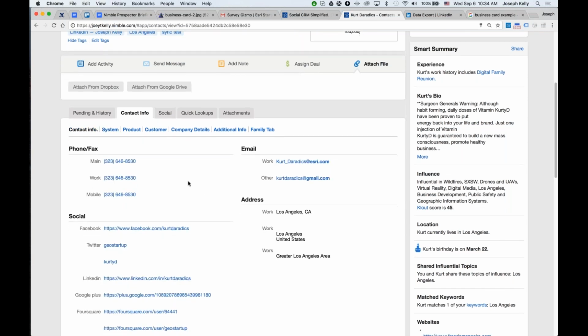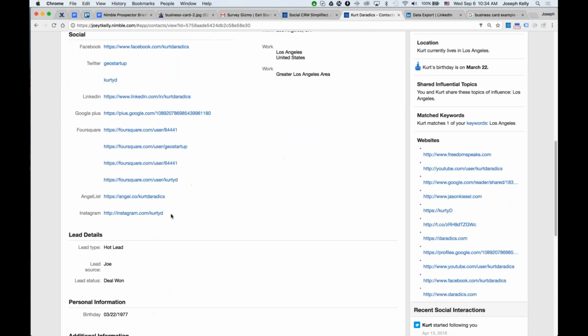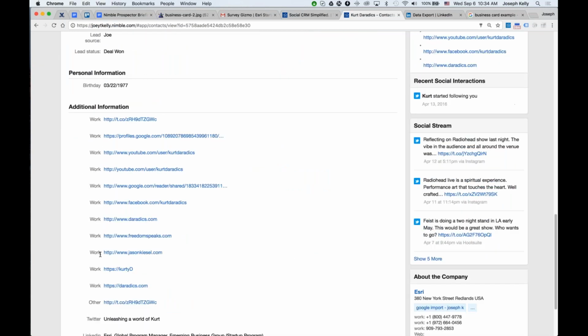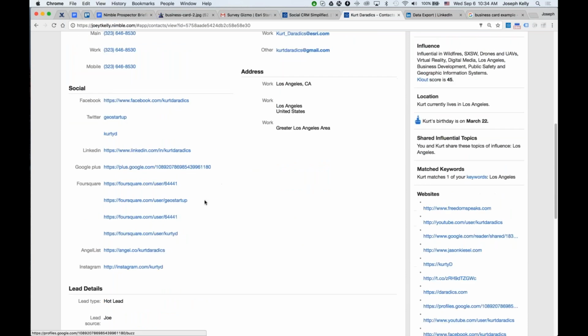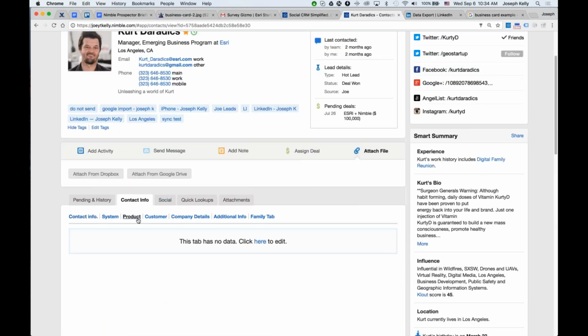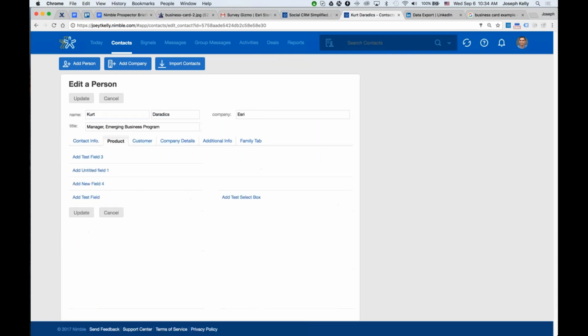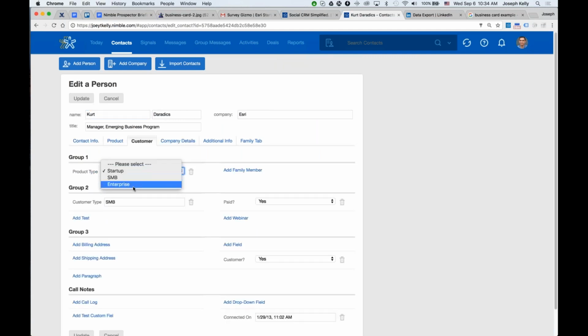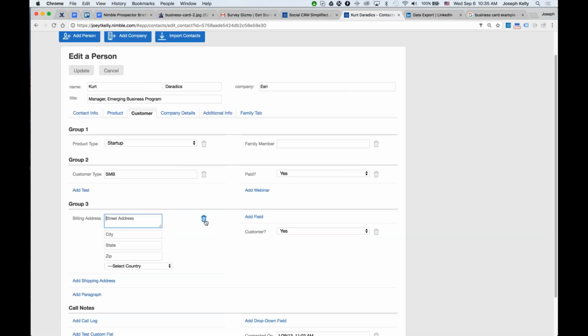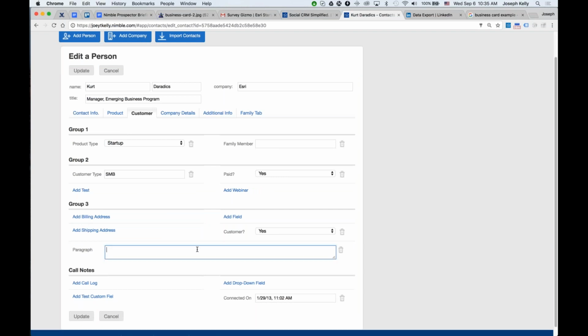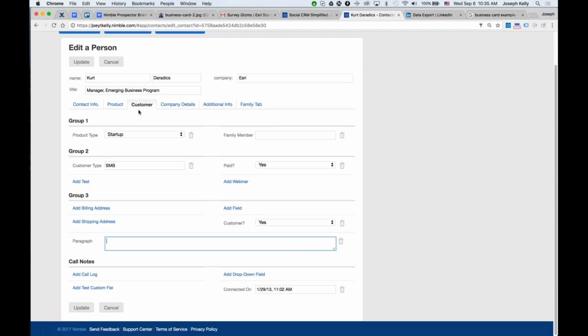Contact info field is going to be email, address, phone number, social profile links, those lead details, the birthday that we searched on earlier. Then over here on the right, we've got custom tabs that you can create. So you can create up to 5 custom data tabs in Nimble. And within those custom data tabs, you can create drop-down values, single-line text fields, custom address fields, paragraph fields, which would be multi-line text fields that are either 1 column or 2 columns wide. So you can do 5 of these